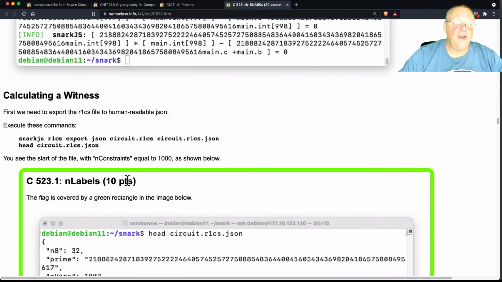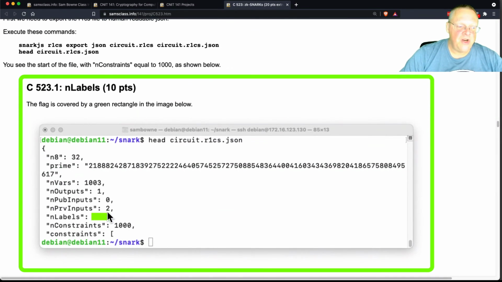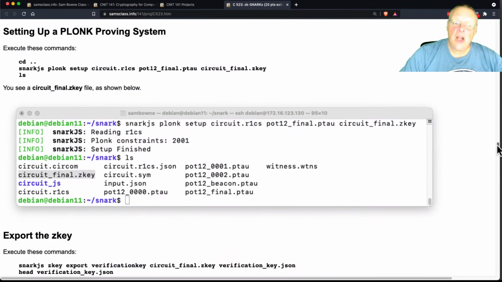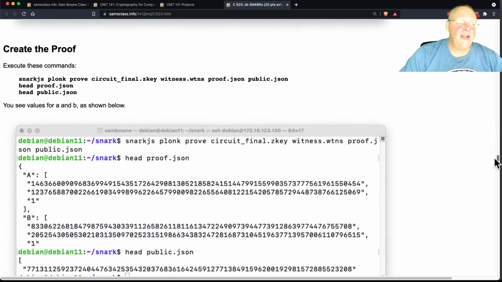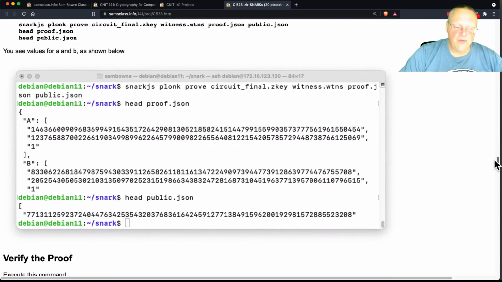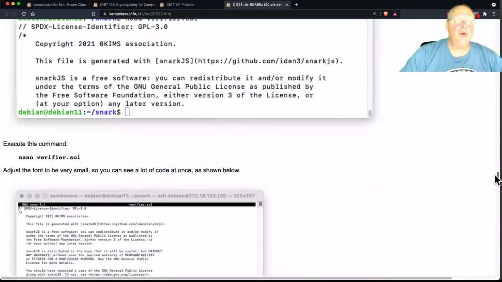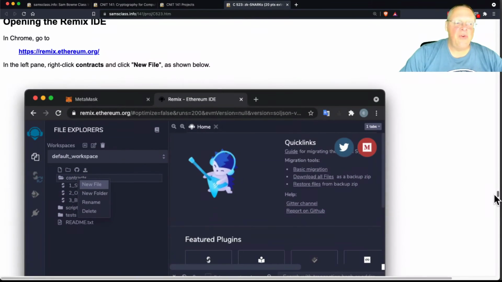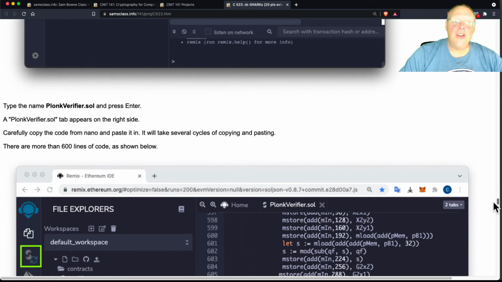And now you calculate a witness, which is sort of like a challenge value used to prove it. So I'm only going in general terms, but the point is you can create these witnesses, and then this thing will create a smart contract, using something called the PLONK proving system. And you create the proof and export the proof to a smart contract, which is in Solidity. So then you copy that Solidity contract and put it in Remix. And you can now run that proof on the blockchain.